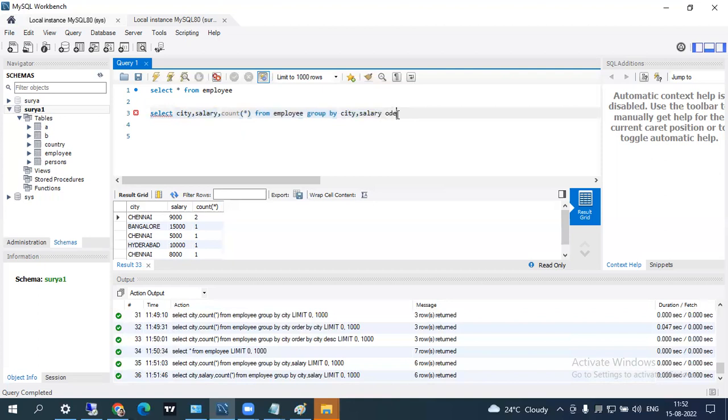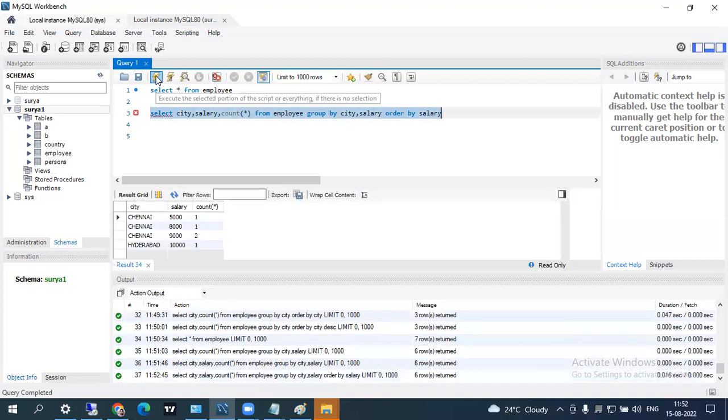Then here again you can give an order by condition. Order by salary, if you say, then in the ascending order it will go. And if you wanted to filter with respect to city, then you can use the where condition. Where city is equal to